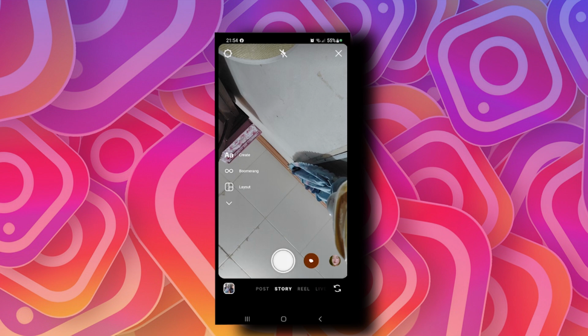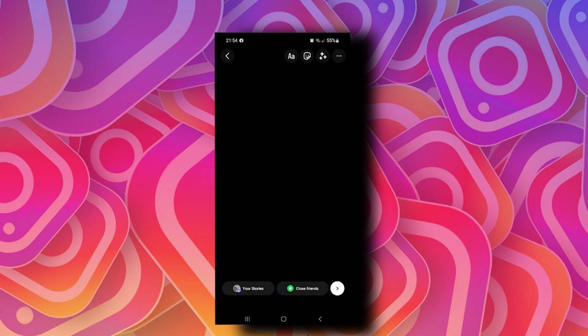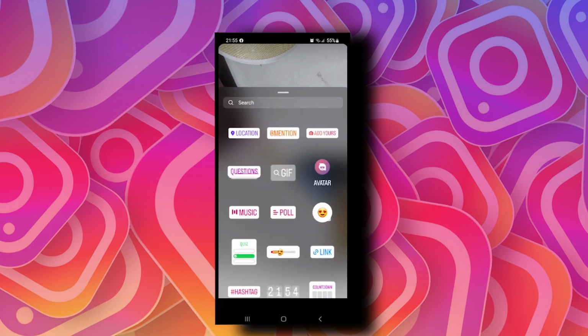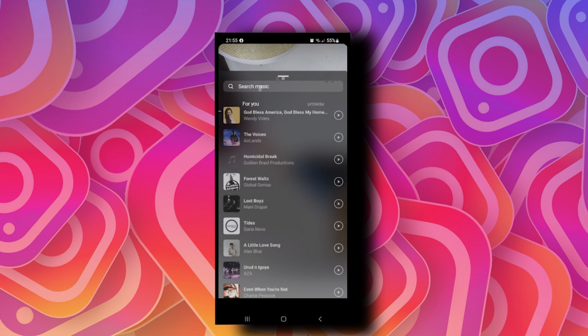So let's take a random snap in here. Click on the sticker icon on the upper side of the screen. And here, click on music. So if you are in a situation where there is no music found for you, one easy fix for you